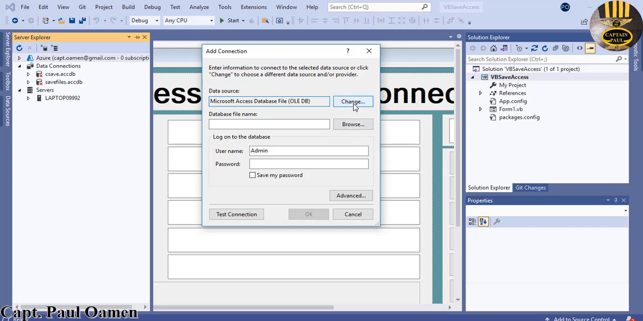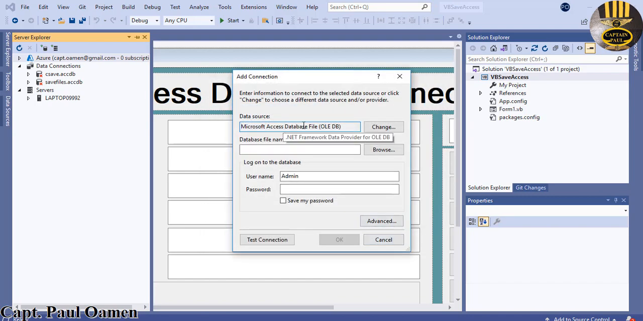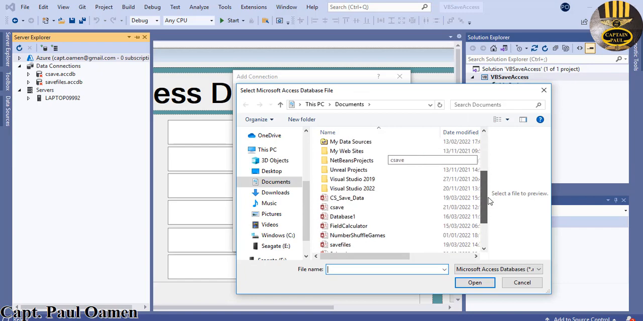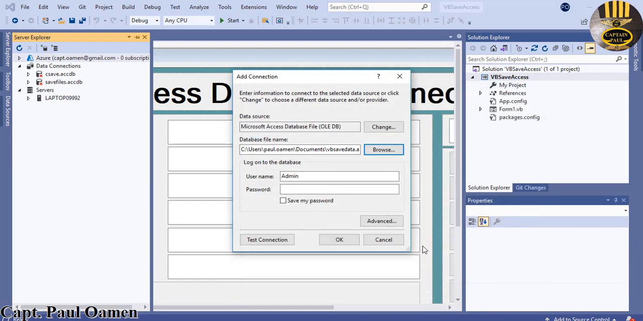If you don't have Microsoft Access Database File OLEDB here, click on Change, and you just change it to whatever you want, but the default is Microsoft Access Database File OLEDB, so that's fine. So now click on Browse. Inside the Browse, navigate to wherever you have your database. That's my database right there, VB Save Data. There we go. I'm going to get rid of this admin,